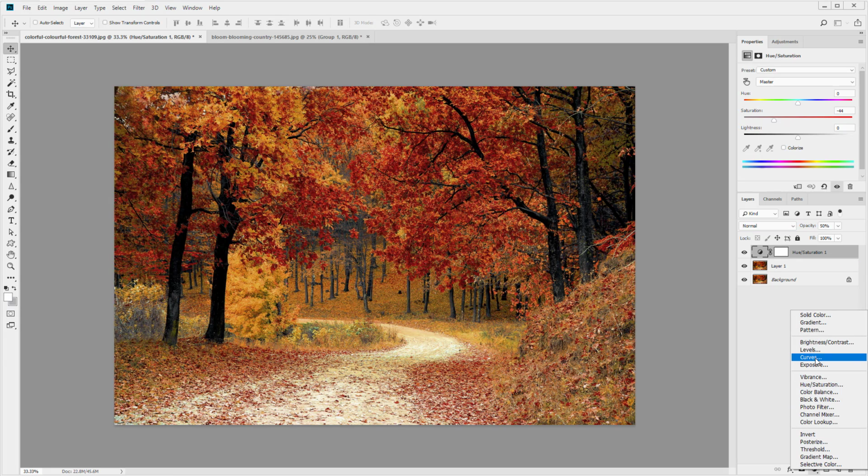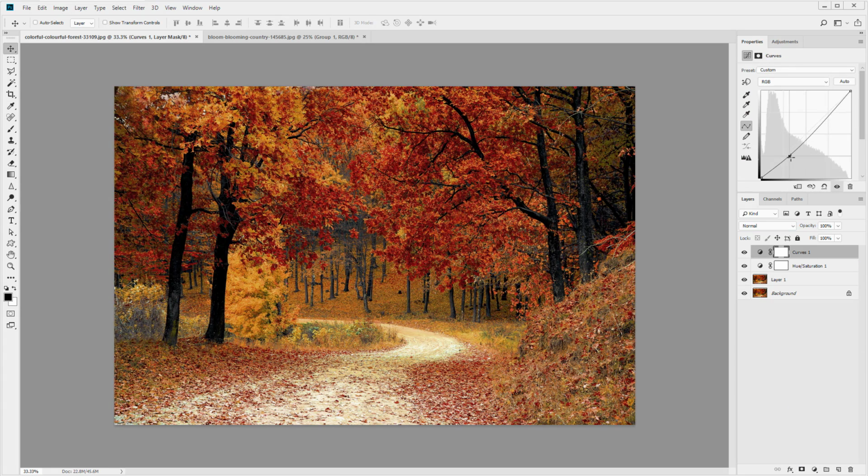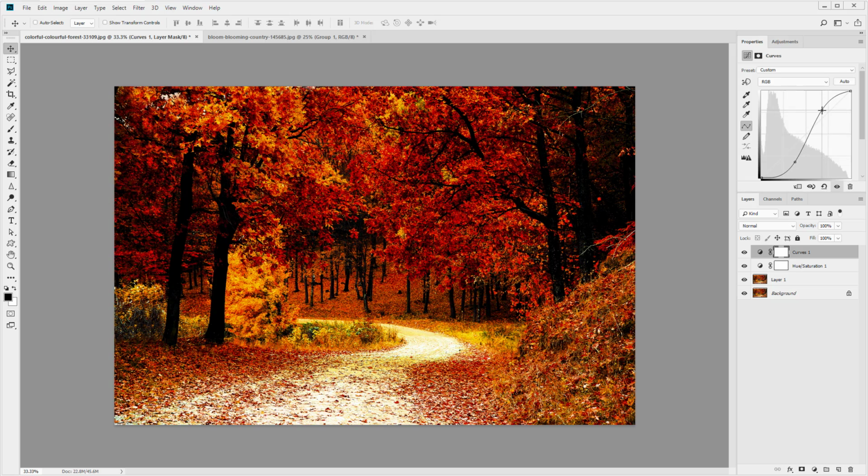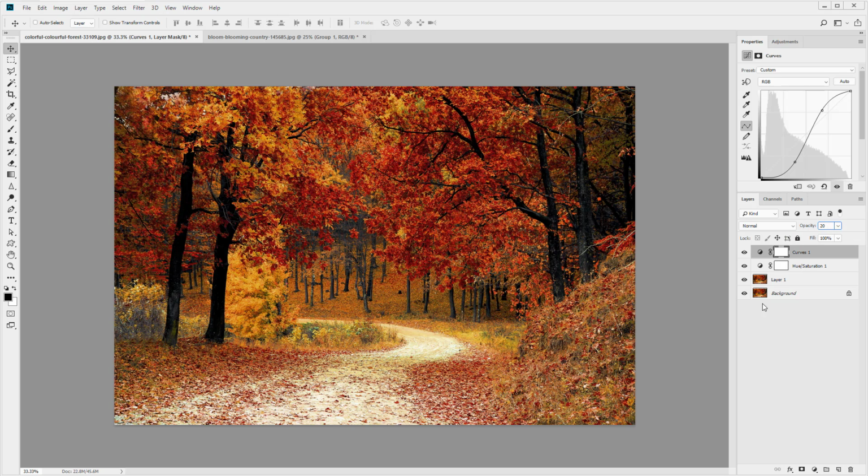So let's go in and add a curves adjustment. Let's make it really exaggerated. Okay, that's really intense, that's too much. Let's take that down to 20%. You can see there, it's very subtle. So using blend modes